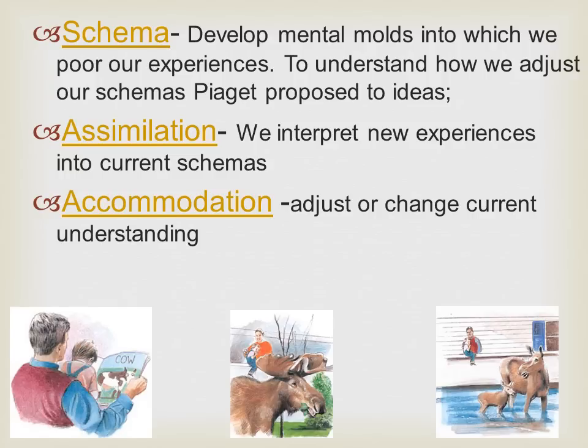The last stage is they go to a certain area of the zoo that has the horse. And he says, moose, moose. And the dad says, no, that's not a moose, that's a horse. And so then he has to create another new file for a horse. So this is what kids do. Sometimes we do it as well. We try to assimilate those words before we accommodate it and make a new folder.